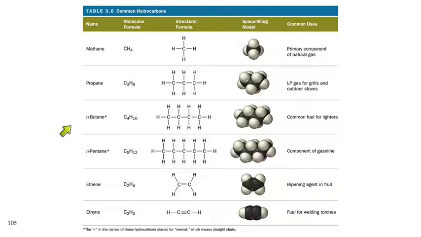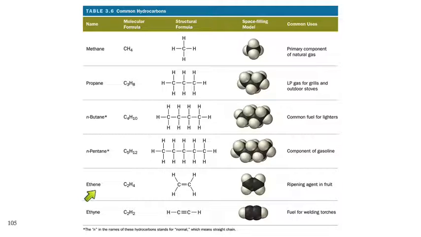Then we've got butane and pentane. These have the prefix N on them, standing for normal, and that indicates a straight chain. This is like the tip of the iceberg, and the rest of the iceberg is all the other naming rules. And so there are rules for, well, what if it isn't a straight chain? But we don't have to talk about them in this class.